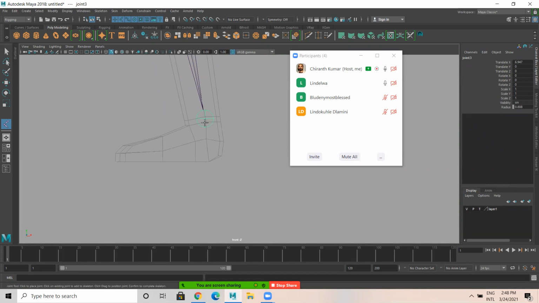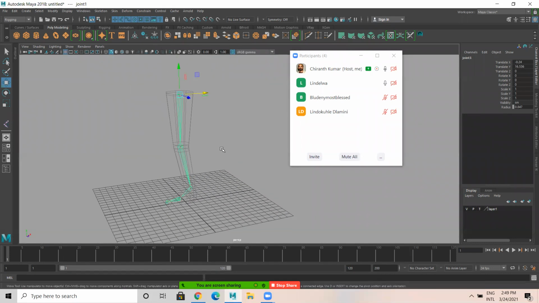After ankle, this is called ball, and this is called toe. Enter. I'll show you in perspective.